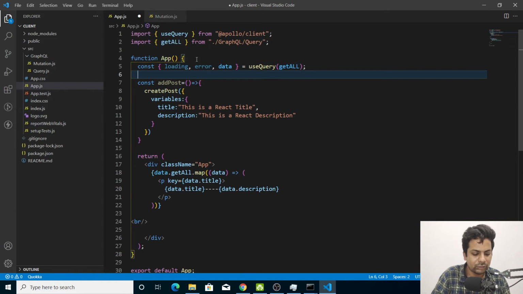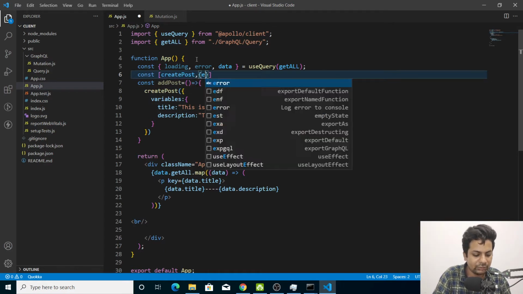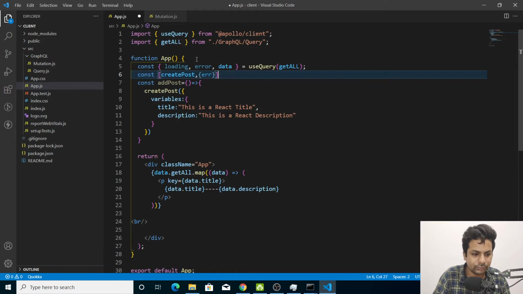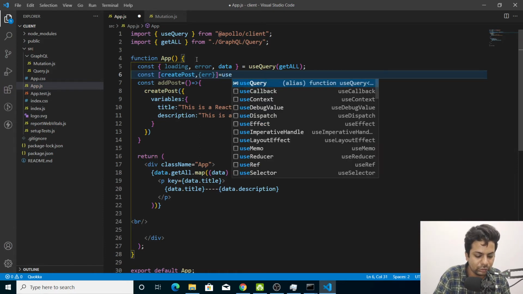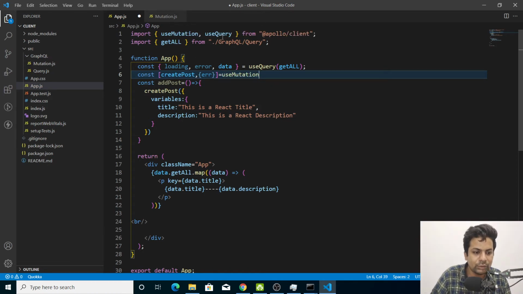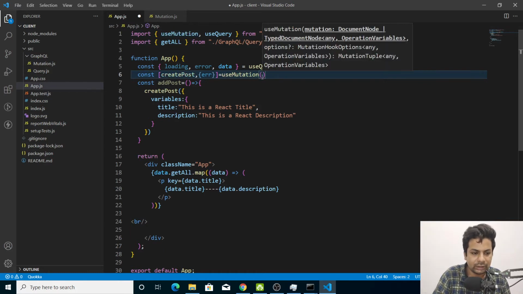So we'll say const, create post, and we'll get error if there's some error, equals to useMutation. So useMutation automatically got imported, and here we'll write createPost.